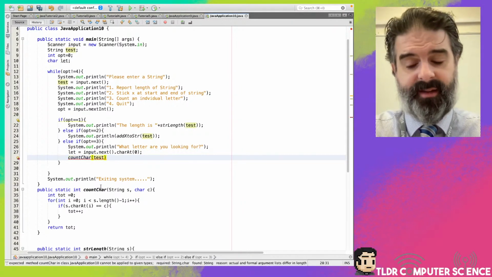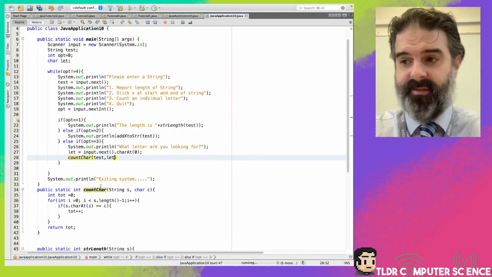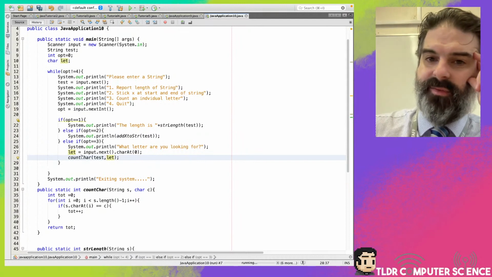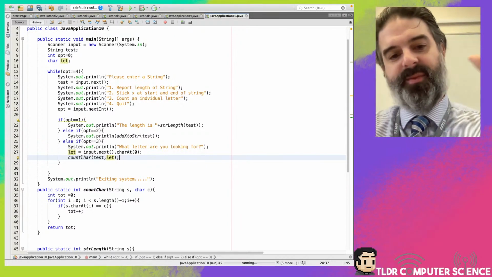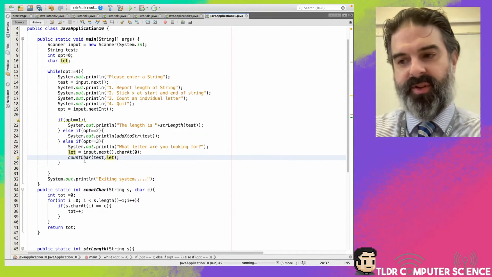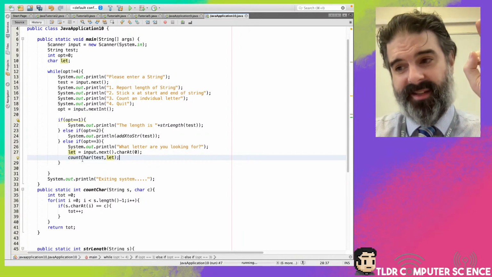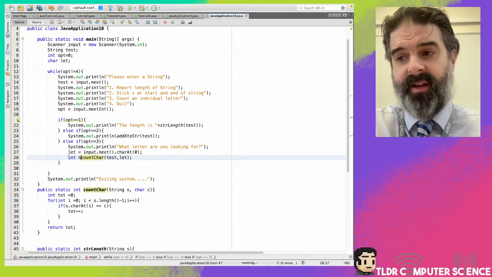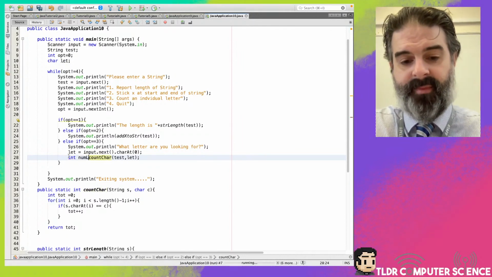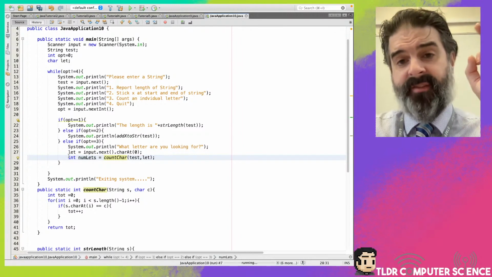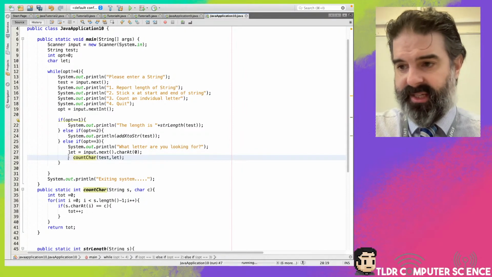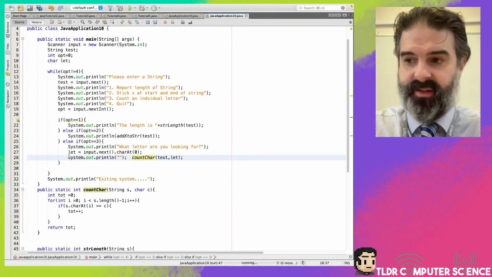So I can send it test, because that's the name of my string, and I'm going to send it let, which is the name of my character. Now, remember, as we learned earlier, this won't do anything. It won't display anything. It will return this tot, and then I've told it to do nothing. So you can either have an intermediary